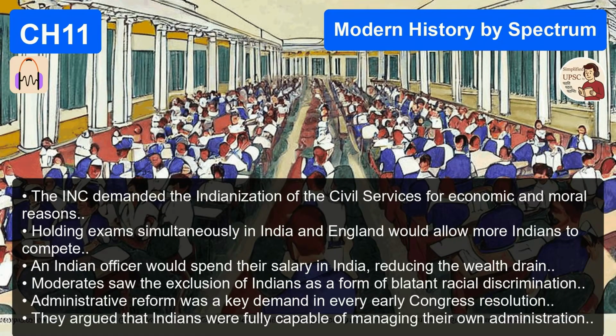Exactly. That is the tragedy of the moderates. You can write the most brilliant, logically flawless petition in the history of the world, but if you don't have 1 million angry people in the streets, ready to back up that petition, the government can just read it, nod politely, and throw it in the trash. Which is exactly what the British did. The colonial authorities eventually realized that the moderates posed no physical or mass threat to the regime. So they simply ignored them.